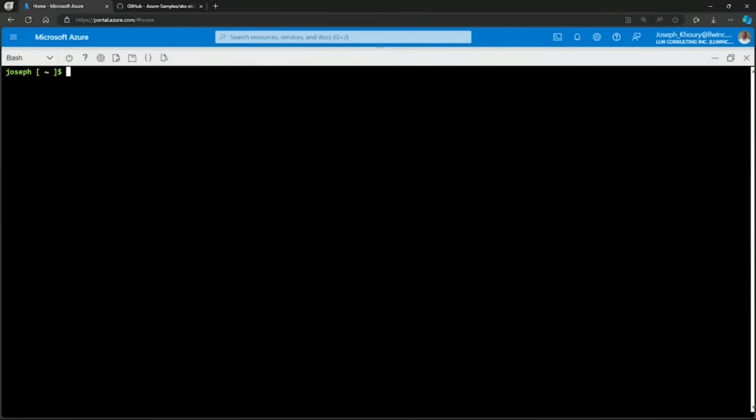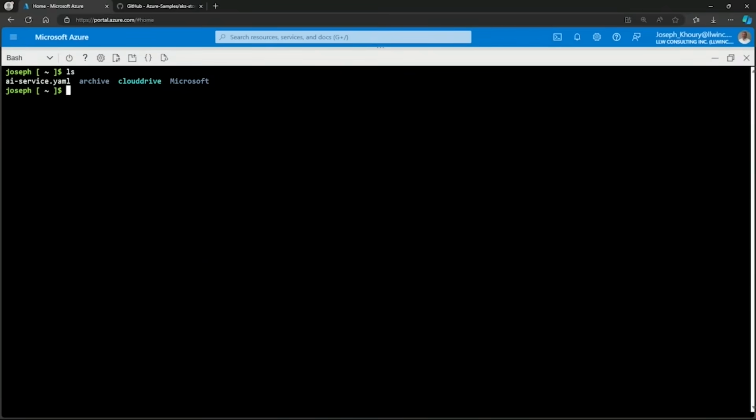Now we need to deploy a microservice that uses Azure OpenAI to automatically generate descriptions for any new products being added to the store's inventory. For that, we use a different YAML manifest. I've got it on my local machine, but I've already uploaded it to Cloud Shell. If I do an ls, notice that I have a file named